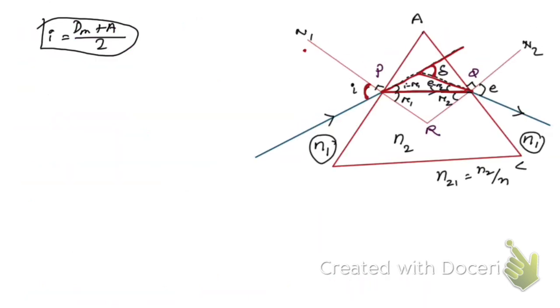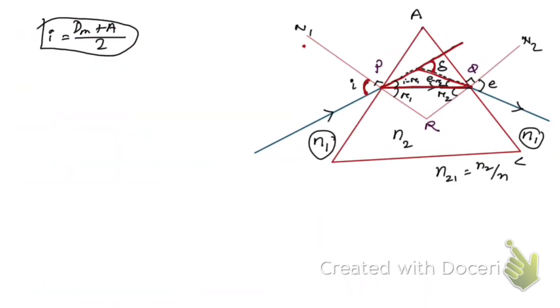So here is the diagram we have. Now you see, let me clean this. The refractive index of the material of the prism is n21, relative to the medium by which it is surrounded. So according to Snell's law, we can write